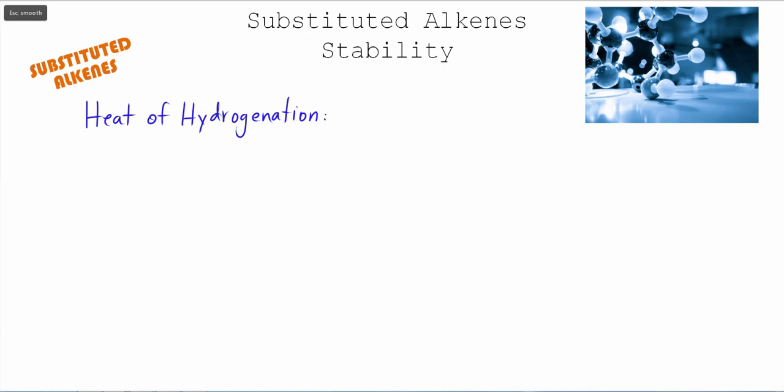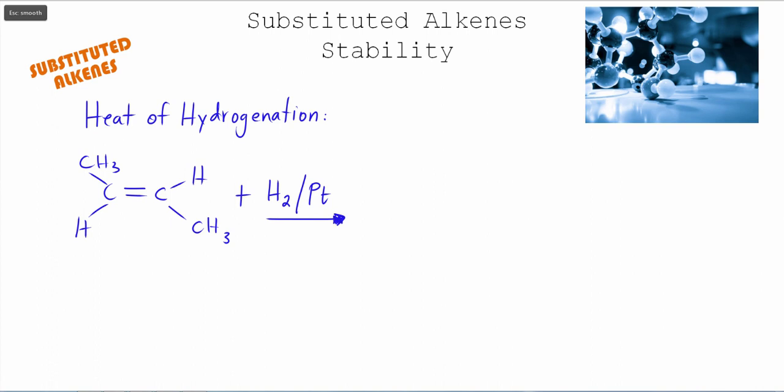So, for example, if we take an alkene and we add hydrogen with a platinum catalyst, what this does is it reduces the alkene to an alkane. So we can have C bonded to C,